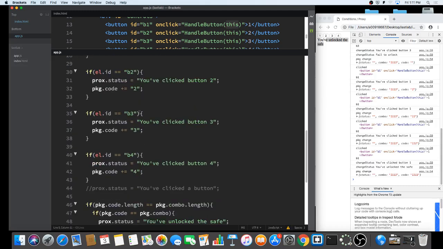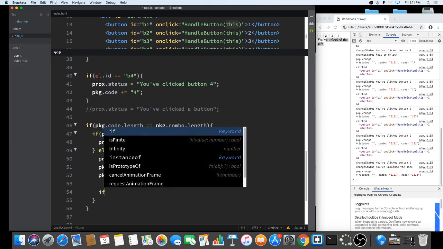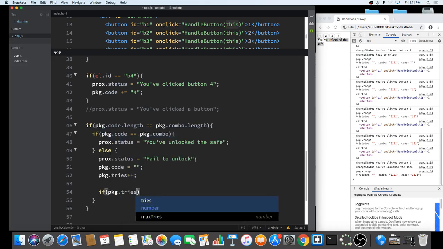So when do we increase the amount of tries? When do we increase the amount of times they've tried? When do we know that they've tried and failed? When the fail happens. Okay, so package.tries++. And so we can go over here and do our condition, right? After they fail 3 times: if package.tries is bigger than package.maxTries, then